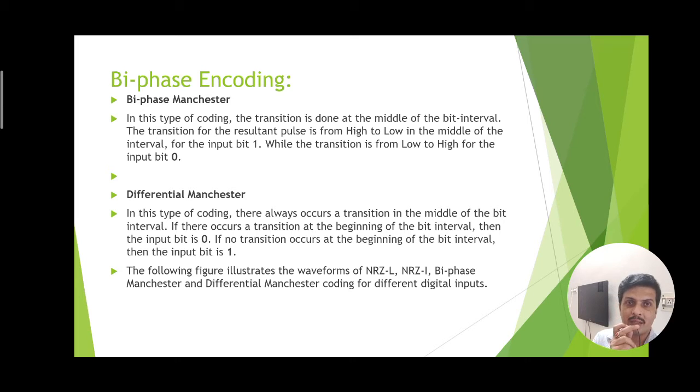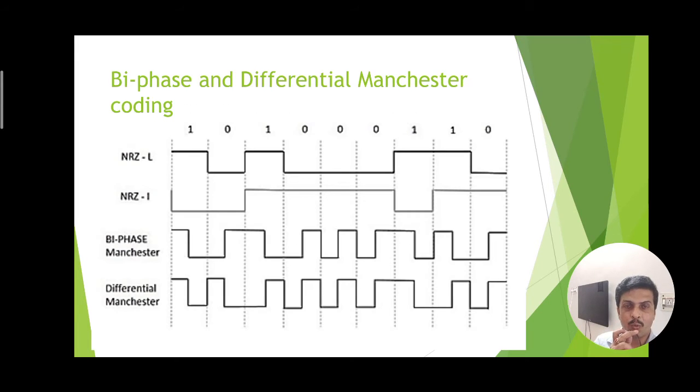And there is a differential Manchester coding. So if we go to the next slide, both the waveforms are shown. That is for differential Manchester coding. We are seeing there is a transition which is a falling edge transition for logic 1, and thereafter there is a logic 0. For the logic 0 there is again a falling edge transition,